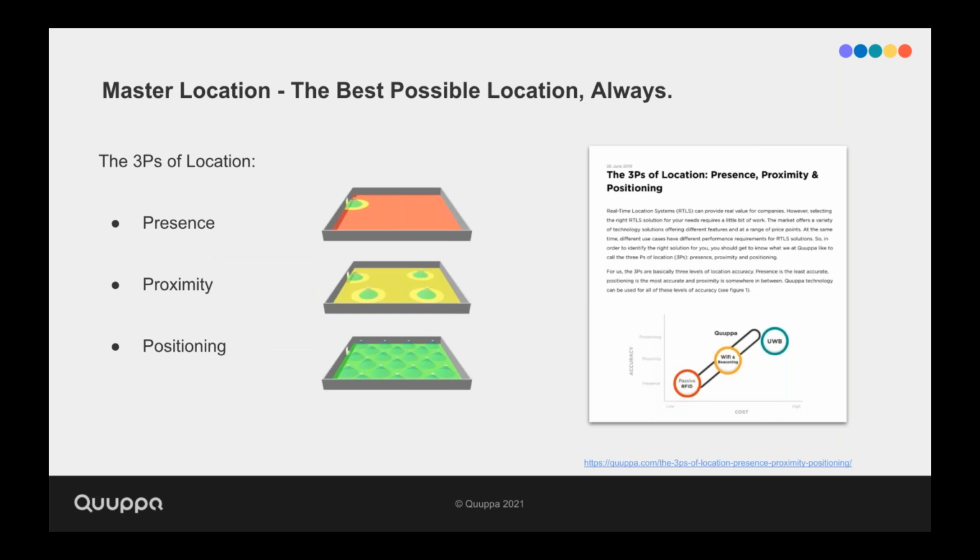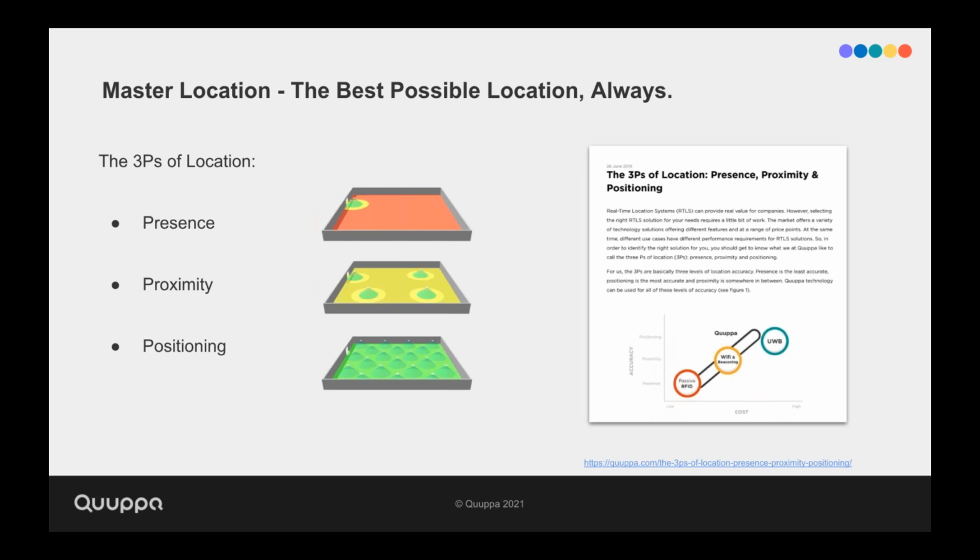We've previously spoken about the concept that we like to call the 3 Ps of location, being presence, proximity, and positioning. We've actually written an article around this subject, and I'd highly recommend everyone to go and read that article if you haven't already done so, as it's a great piece which highlights the needs for different levels of location. But in a nutshell, different use cases have different requirements for the level of accuracy and call for different